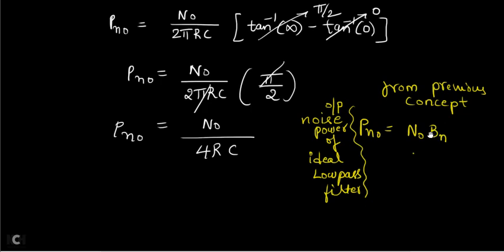Now you call this as equation number 1. Call this as equation number 2. Both are same only, no? On the left hand side, Pn0, Pn0. Compare both the things on the right hand side, equations 1 and 2. Compare it.